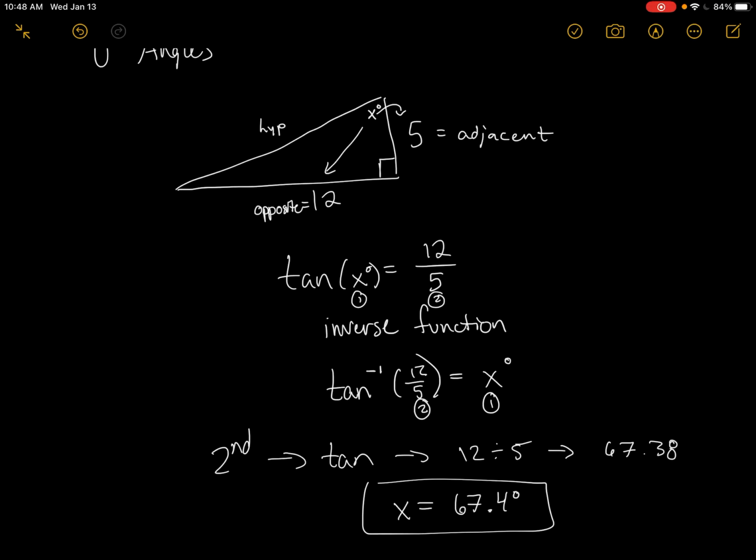All right, so now you're going to try an example, set up a function using those two side lengths of the triangle. You're going to have to use the inverse of that function, so flip around the order, you'll know the answer. You need to solve for the angle, and let's give it a